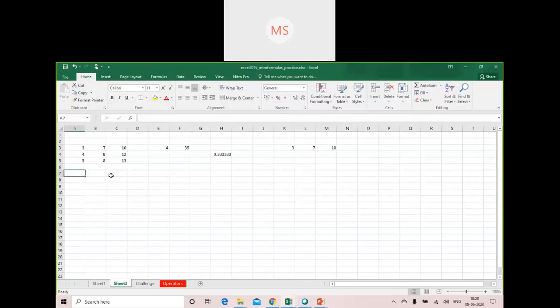Okay, now this is related to plus. In the same way, you can change your operations, you can make it multiplication. Okay, it is done. Here it is plus only. If you want, you can make it subtraction. Here it is done. It will display as -4. Here also, if you want, you can change it to division. That is also possible.